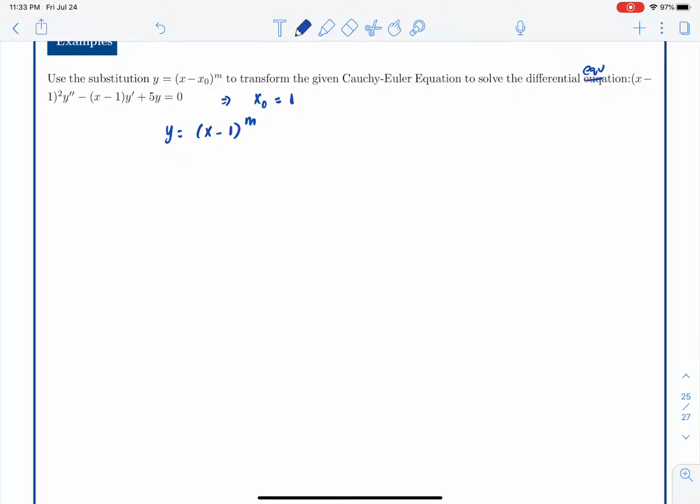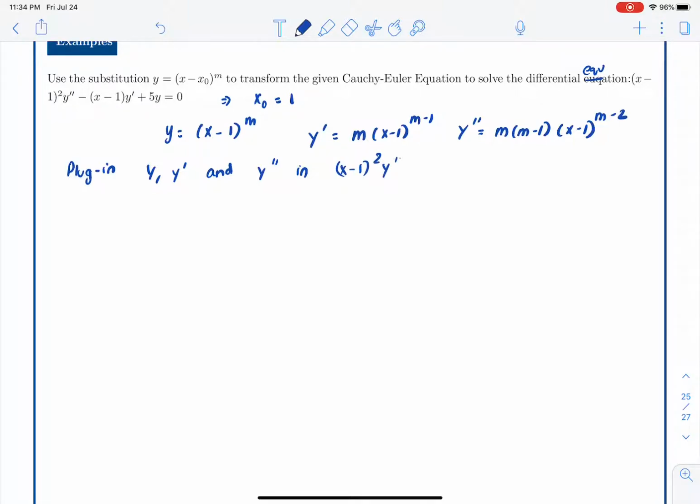This is a second order equation, so maybe we just start with m equals 2, but we can deal with that later, I suppose. So I am going to do y prime, which is m times (x minus 1) raised to m minus 1. Y double prime is m times (m minus 1) times (x minus 1) raised to m minus 2. Plug in the equation, so plug in y prime and y double prime in (x minus 1) squared y double prime minus (x minus 1) y prime plus 5y equals 0,